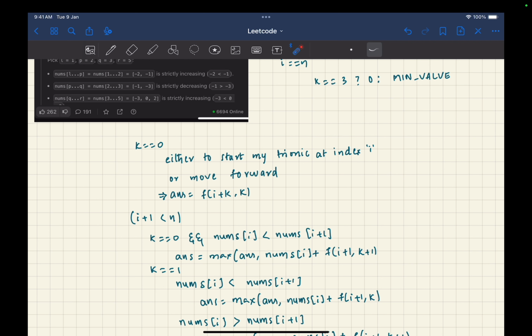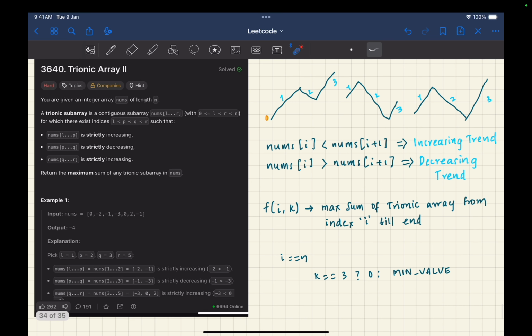Okay, saying that I want to start my trionic array at the next index. I'm just storing that answer. Okay, next, if I've started my trionic array, if my current element is less than my next element,